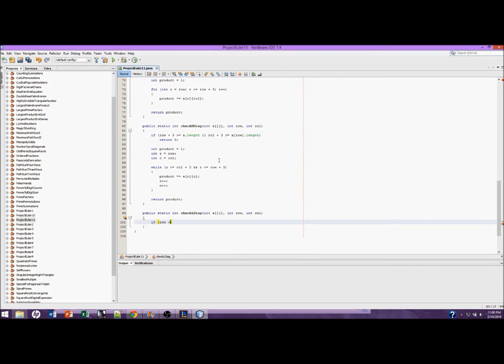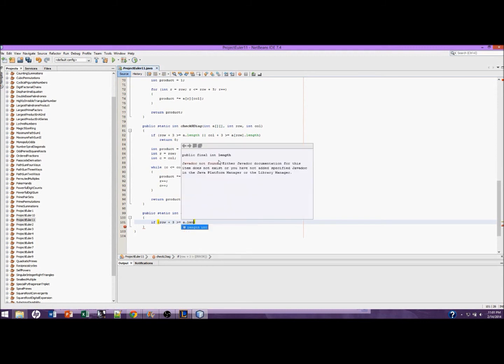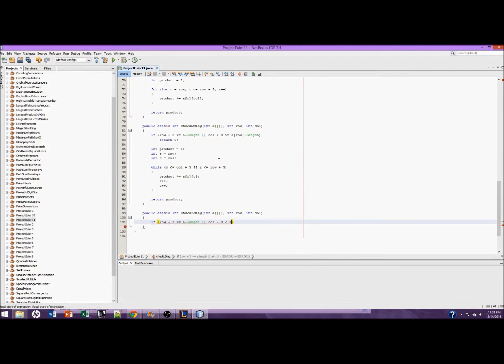So if row plus 3 is greater than or equal to A dot length, or column minus 3 is less than 0. Remember, 0 is the starting point, so if anything is less than 0, then we automatically need to return 0. Return 0. Otherwise, we're going to have the same thing. Product equals 1, and R equals row, and C equals column,